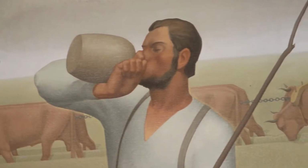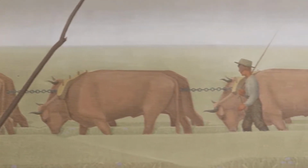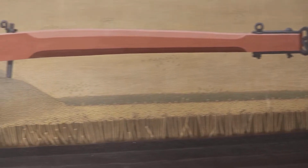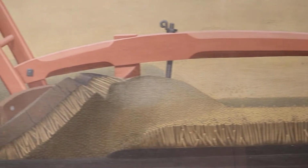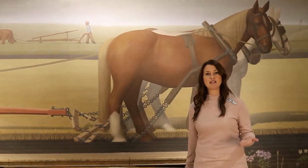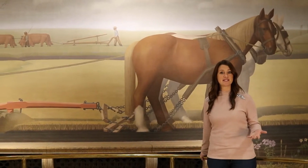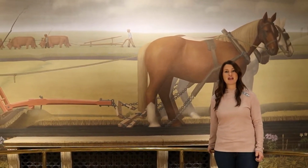So we thought it was really fitting to use this as our backdrop today because he was born on February 13th and died on February 12th. We thought it was ironic that we were filming today at Iowa State in front of this mural, and it happened to be close to the time that he was born and passed. So we wanted to share this information with you, as today is February 11th, and we have our next topic,